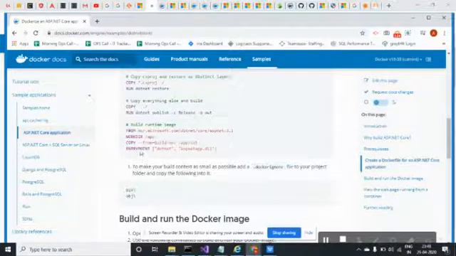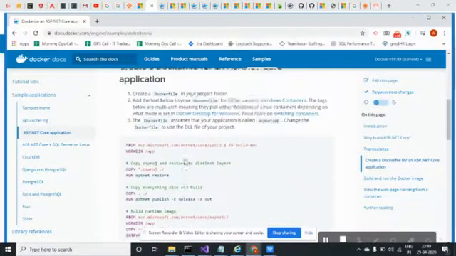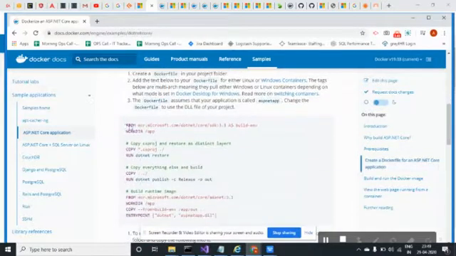This is copying the file and putting it into this path, which is my build environment path. The entry point is where you will execute it, so I'm building it as ASP.NET.dll. So this is my Docker file.